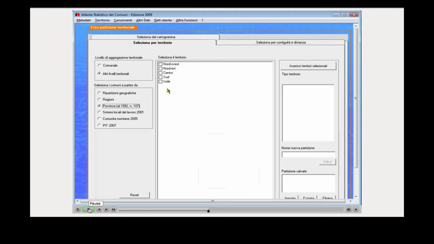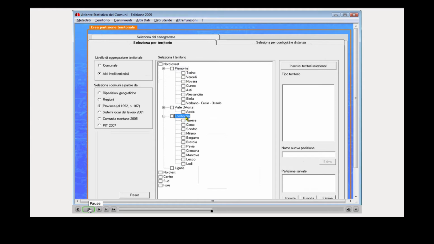We want to obtain data by province, so we select provinces. The provinces we are interested in are in northwest of Italy. And the regions we are interested in are Piemonte, Valle d'Aosta, and Lombardia. We obtained the list of the provinces, and we select the provinces where we want to obtain data. In Piemonte, we are interested in all the provinces except Cuneo, which is too far. We are interested in Aosta, and in Lombardia, we are interested in Varese,